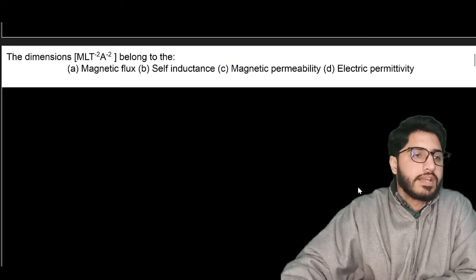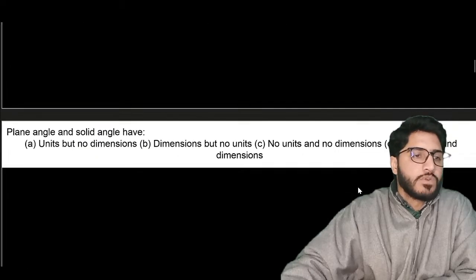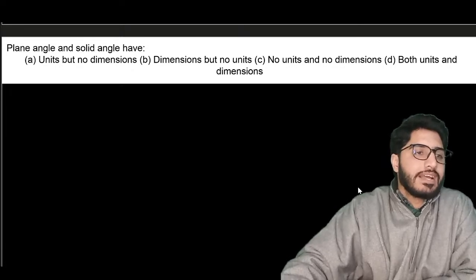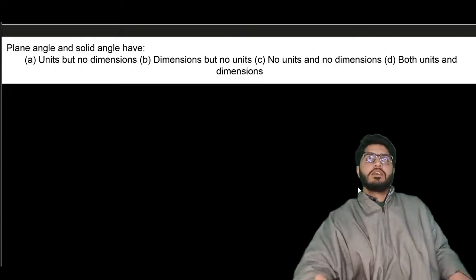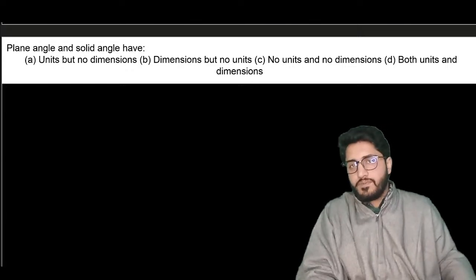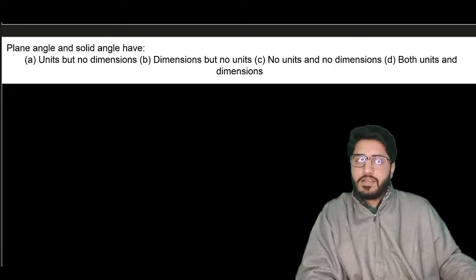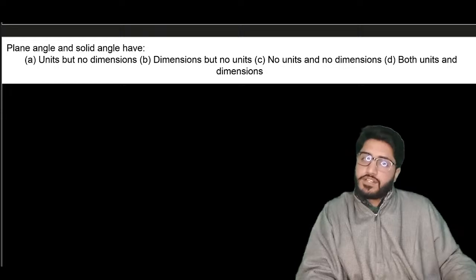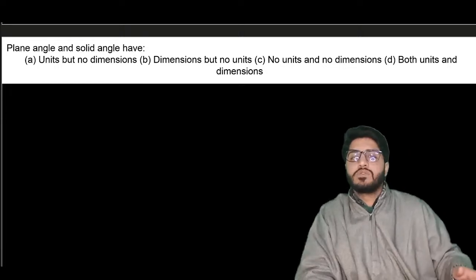This one, I guess, has some sort of error, so I will do this one now. Plane angle and solid angle have units, radian and steradian, but angles don't have any sort of dimensions. Why? Because angle is known as,